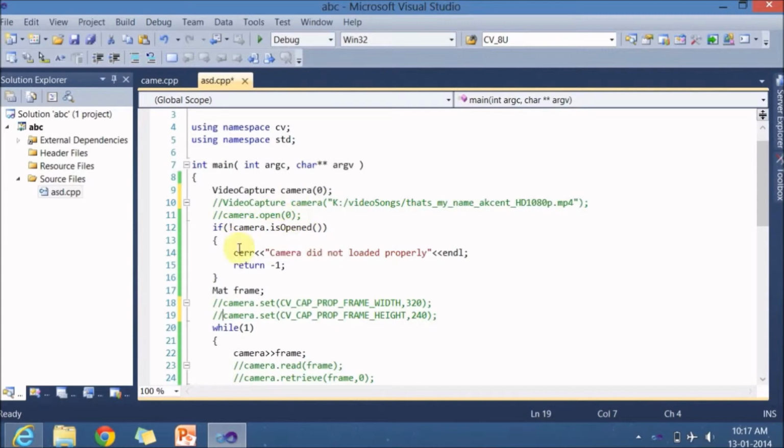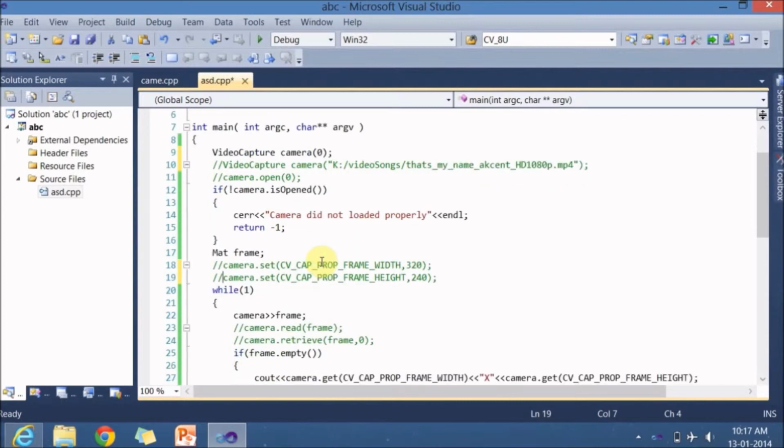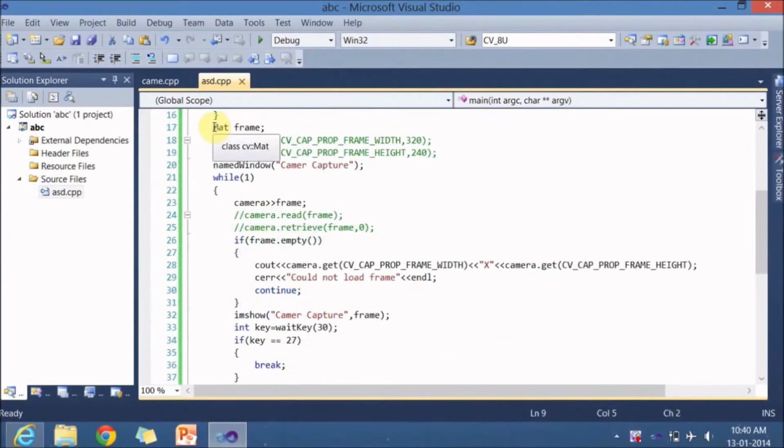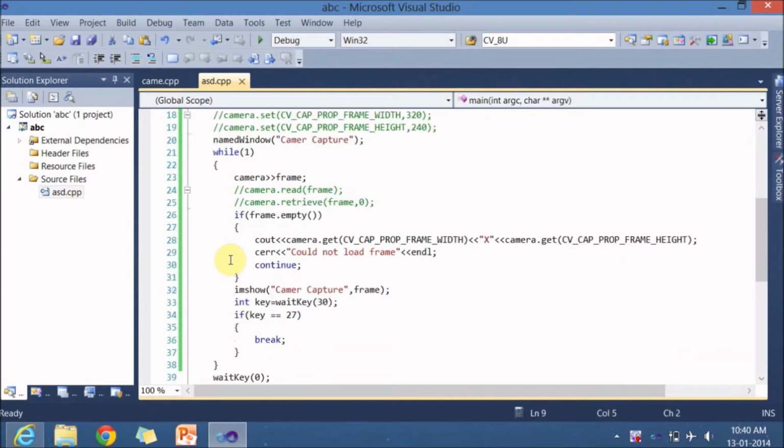If not opened, then you need to give an error message like "camera did not load properly", and you will return -1 to return from the main function. Next you are declaring a Mat frame. Mat frame keeps track of the frame that you capture from the video device. namedWindow is for creating a window named camera capture, and here is a while loop which runs an infinite amount of time